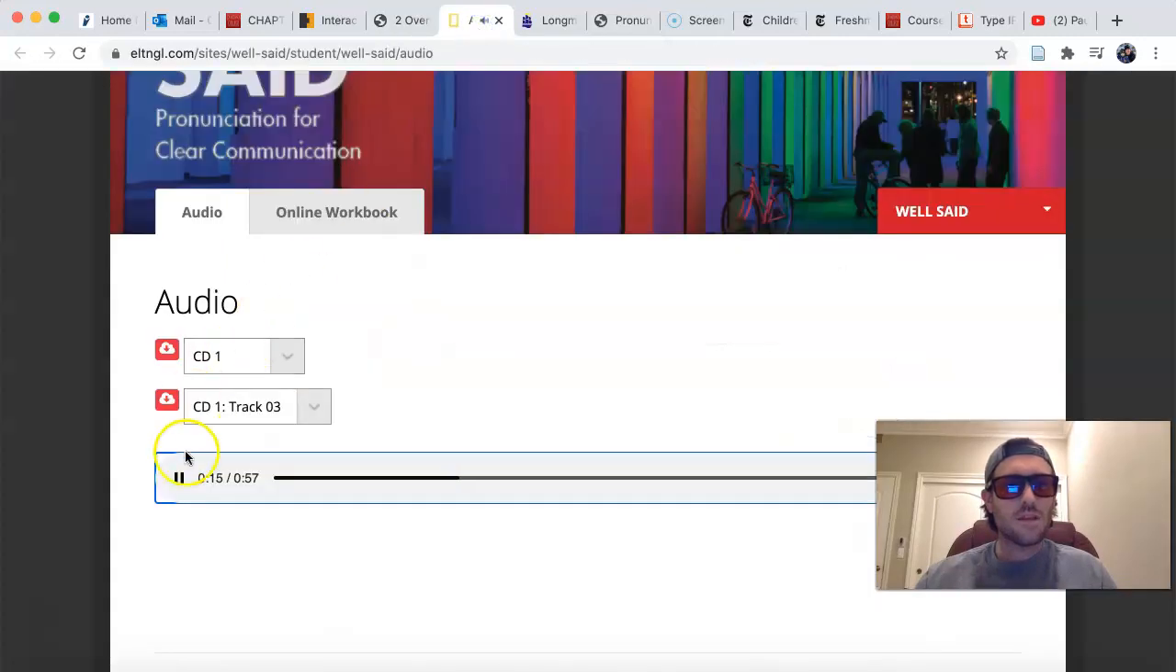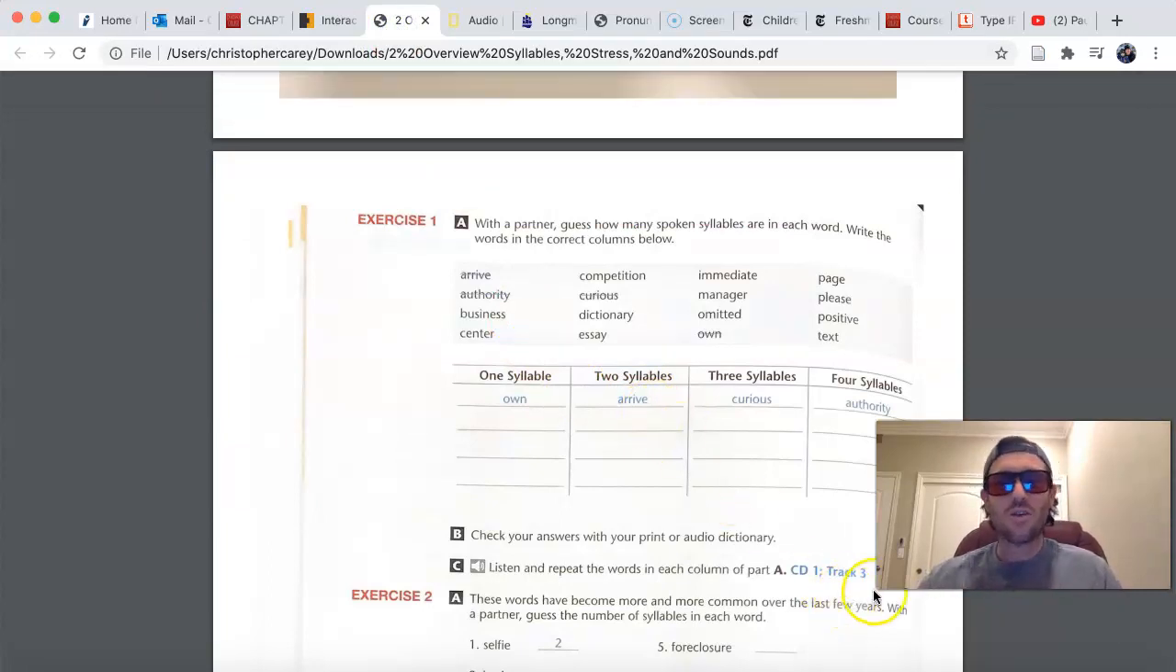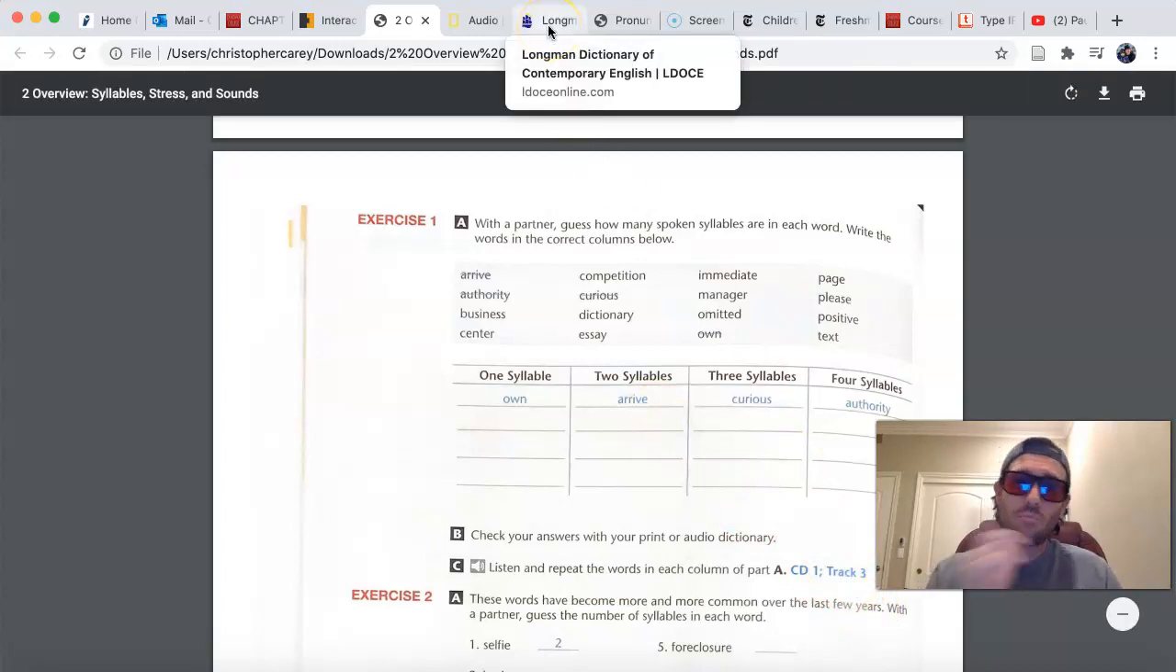Text. So they're actually going to give you the answers. So what I would recommend is see if you can do it on your own first, and then you can check your answers. You could also use the online dictionary, going back